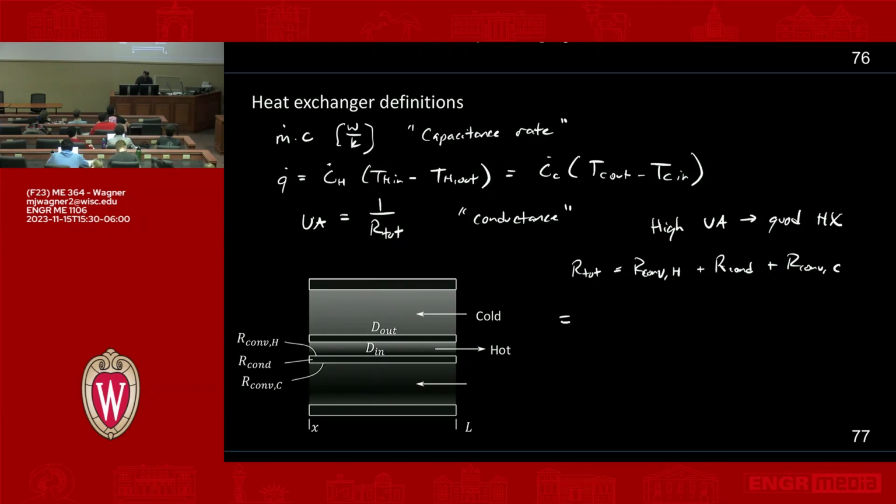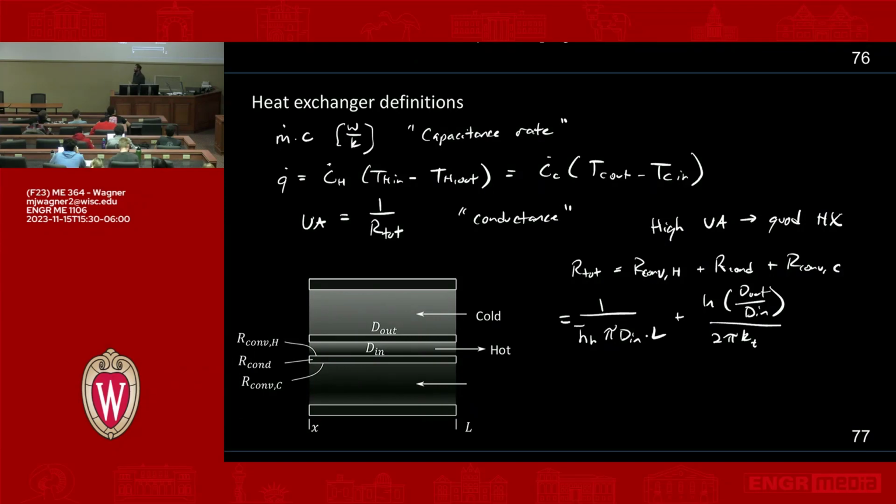Convection would be 1 over h bar on the hot side times the area, so that'd be pi d in times L. Then my conduction would be the conduction resistance for a cylinder, which is ln d out over d in over 2 pi k,